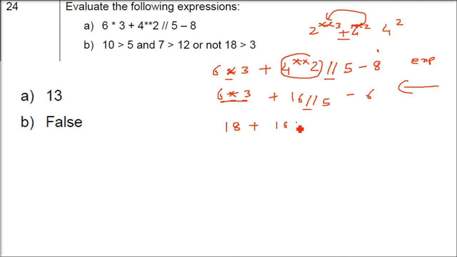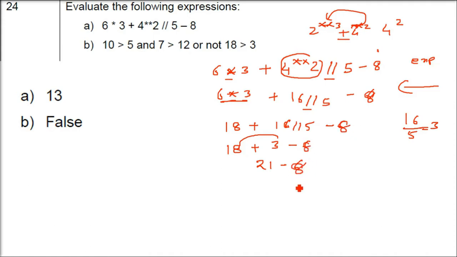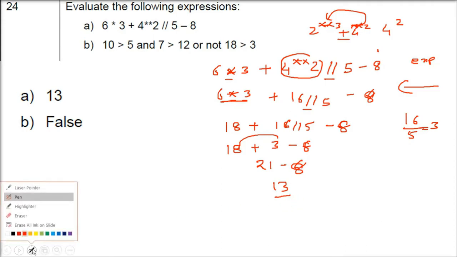So 6 into 3 is 18 and now 16 integer division 5 minus 8. And one by one step you have to show the examiner. Okay. 18 plus 16 by 5 is what? 5 3s are 15 because it is an integer division. It will come some 5 point something, but you have to just write 16 by 5 as 3 because only the integer will be written. It's not minus 6, it's minus 8. I'll just change it. So 18 plus 3 is 21, 21 minus 8 is 13. Okay, 13 will come. Step by step you have to do, step by step.